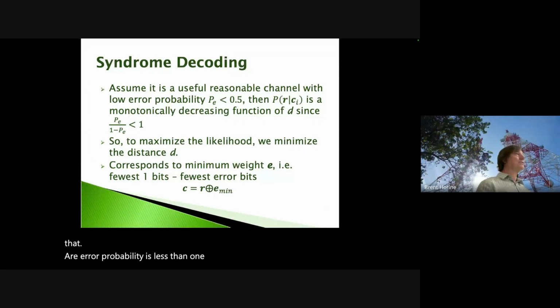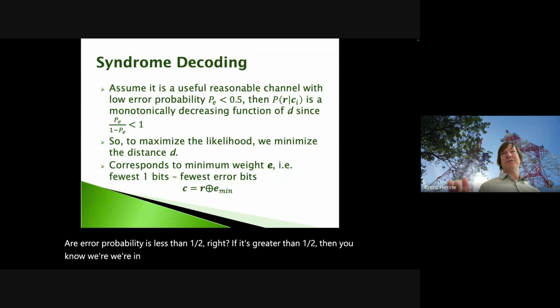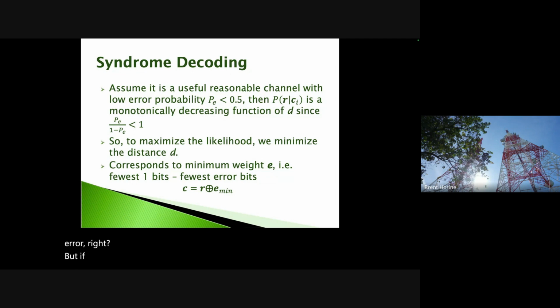If it's greater than 1/2, we're in trouble because so many of our bits are going to be in error. But if it's less than 1/2, then this conditional probability is a monotonically decreasing function of